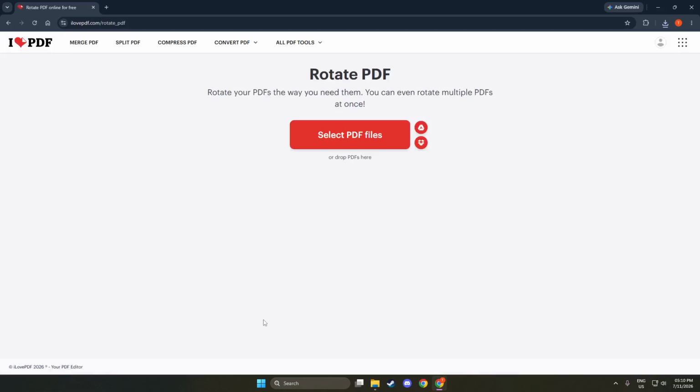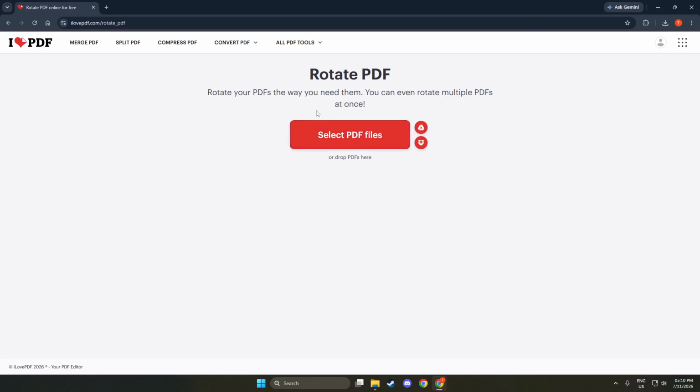Next, select the option labeled Rotate PDF. On the main page, you will find various tools available for PDF manipulation. Clicking on Rotate PDF directs you to the specific area where you can manage the orientation of your document. This part is important, as rotating pages can help improve readability or presentation. You will notice that it brings up additional options related to page rotation. With this, you are now set to upload your PDF file.